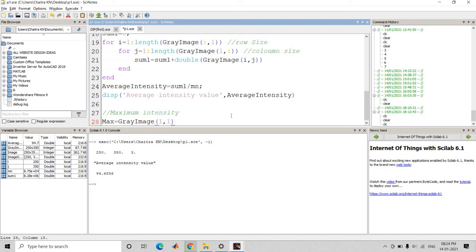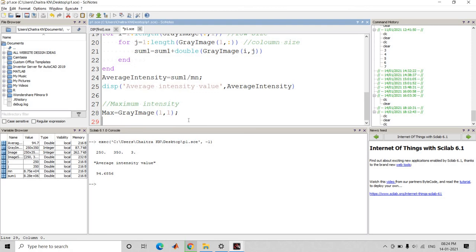Here 1, 1 means at first row, first column we have some value. We declare that value as the maximum value.